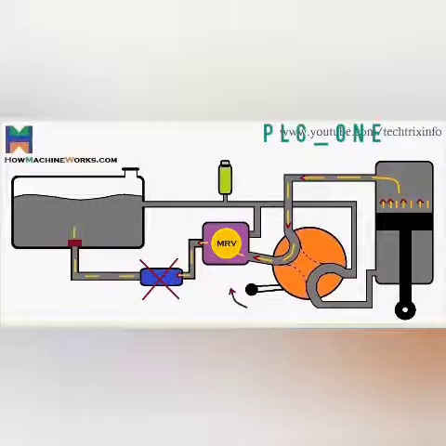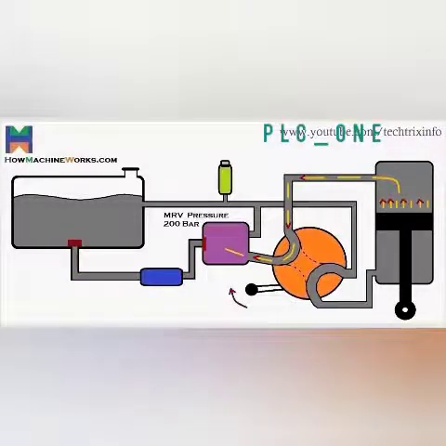So here we have a main relief valve. It is set at a 200 bar pressure setting. So when a pressure above 200 bar happens, the main relief valve acts and reroutes the oil into the return line. So it does not allow the oil to go towards the hydraulic pump to damage it. It reroutes the oil, gets filtered, and gets back towards the hydraulic tank. So that's how a main relief valve protects the hydraulic pump. See, the main relief valve reroutes the oil and sends it back to the hydraulic tank. So that's the basic function of a main relief valve, and I believe you understand the working of